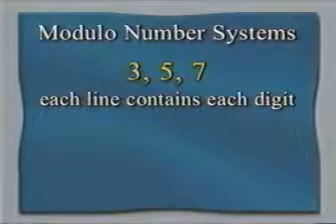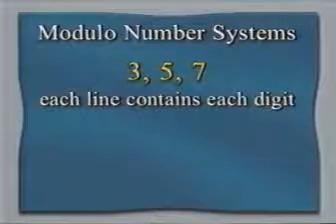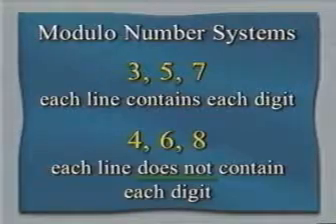The question a mathematician would ask, and this is one of the things I try to get across in this whole lecture series, is how does a mathematician think? Because many people think mathematicians simply go out and add, subtract, multiply, and divide, do algebra, calculus, geometry, or what have you. No. They think. They observe, they make hypotheses, they test the hypotheses, and come up with new situations, new rules, or new questions. So the question is, 3, 5, and 7, all those multiplication tables in the modulo systems all have each line containing each digit. 6 and 8 and 4 do not.